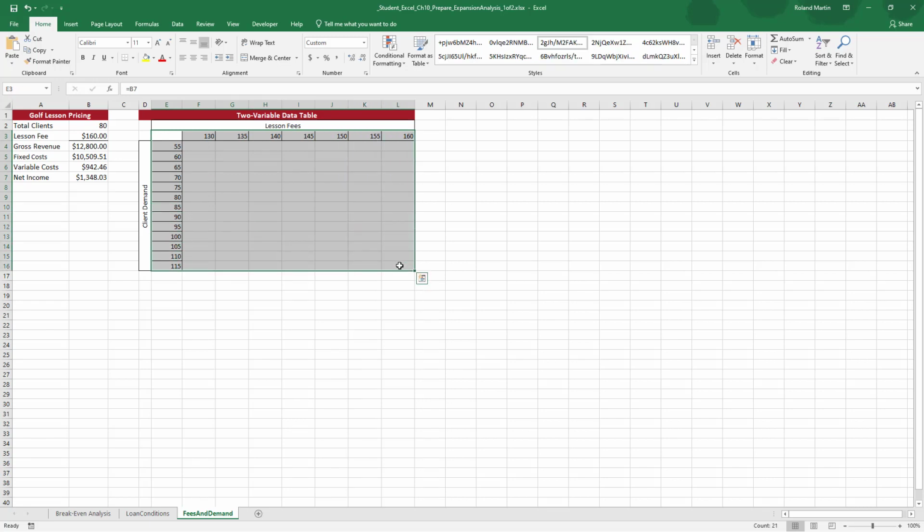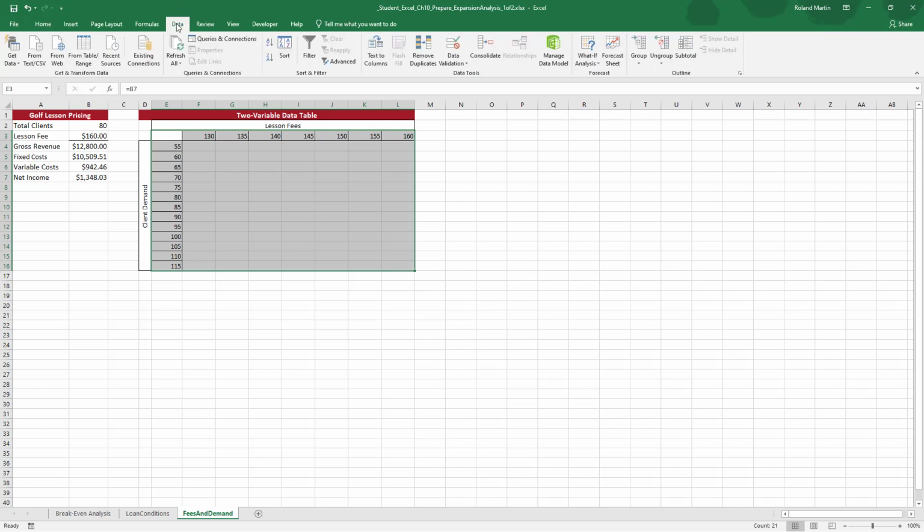L16. Once we have that selected, we're going to go to our what if analysis again. So we're going to click on our data tab. We're going to come here to forecast, what if analysis, and select data table once again. Now that we have that selected, this time, since we're using two different ones, our row input is going to be B3 for our lesson fees,